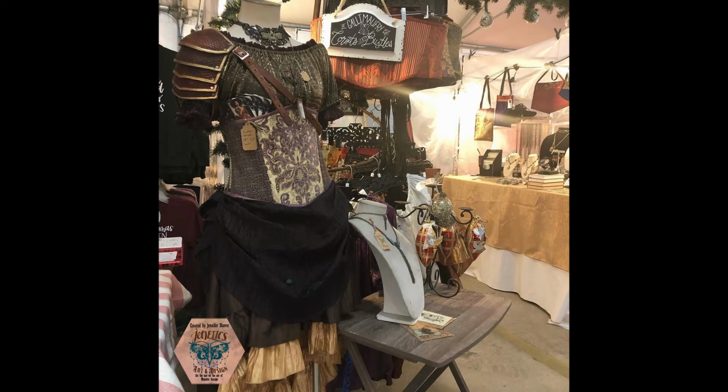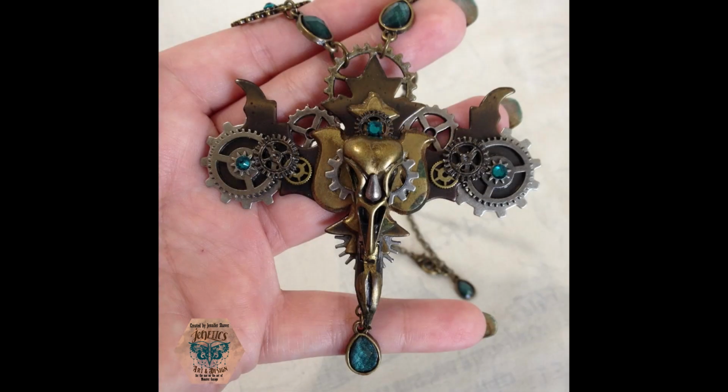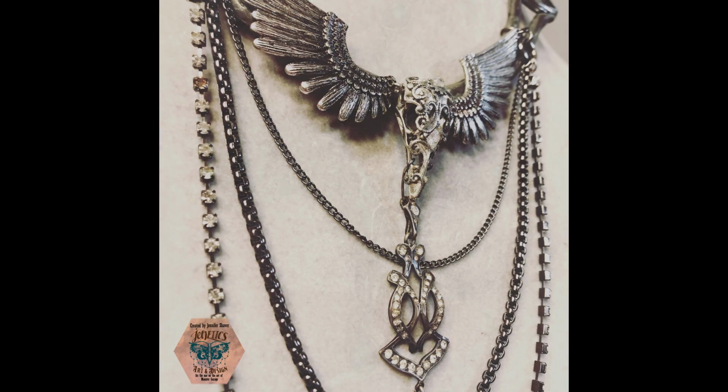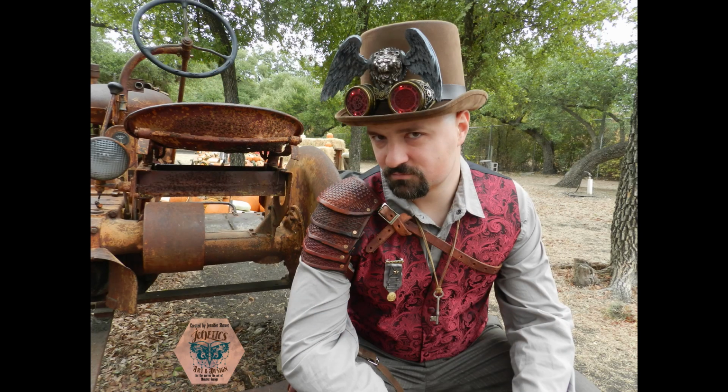Every weekend, my family would pack up our minivan and head across the great state of Texas to set up my booth and sell my one-of-a-kind handmade steampunk jewelry and accessories, along with some of my amazingly talented artists and friends, who I'll tag below. My business was exploding, and then